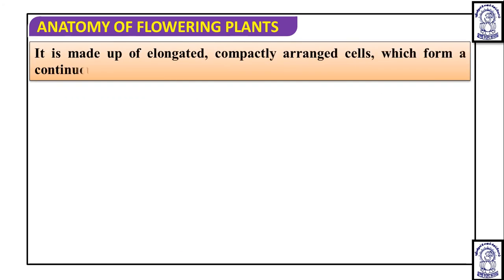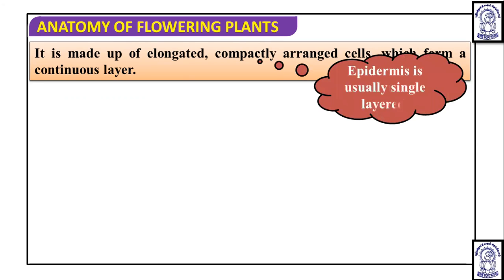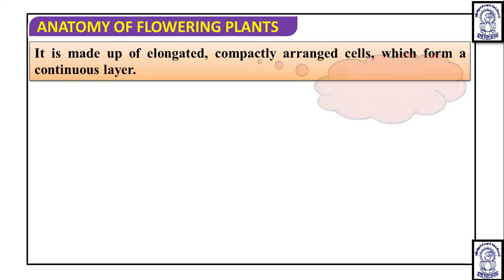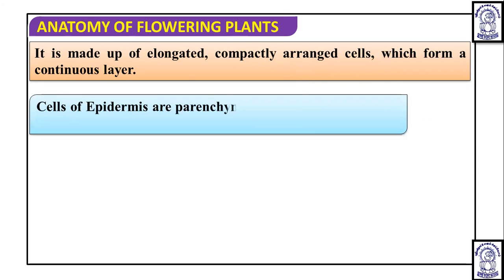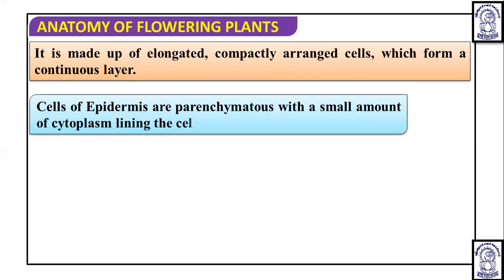If you talk about the epidermis, it is made up of elongated and compactly arranged cells, and they form a continuous layer. So it forms a protective sheath. It forms a continuous layer over the whole plant body. Now, the epidermis is usually single layered, and the cells of the epidermis are parenchymatous with a small amount of